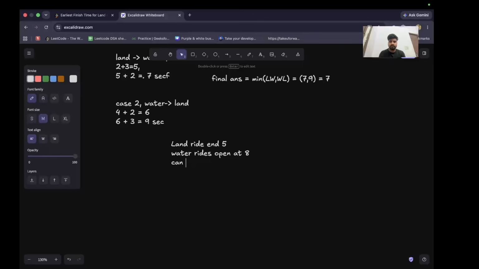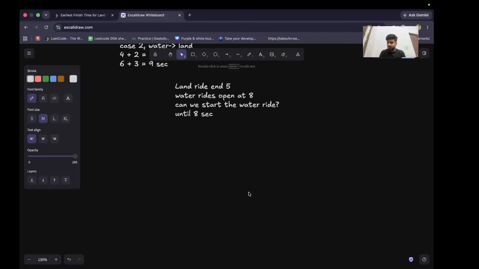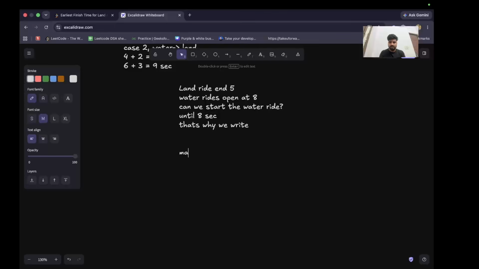So can we start the water ride? No, we can't start the water ride just after 5 seconds. We have to wait for 8 seconds so that the water ride opens, and then we do the water ride. So we have to wait until 8 seconds. Okay, so that's why we can write max of